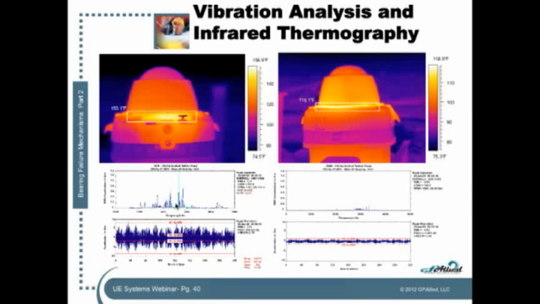And I'm going to call it the same machine, even though they weren't the same machine, but they're so identical. They're close enough that we can consider them the same machine. So this winds up being a very, very nice example of what normal looks like, which would be the one on the right, 119 degrees Fahrenheit and a vibration signature that looks something like this, and then what abnormal